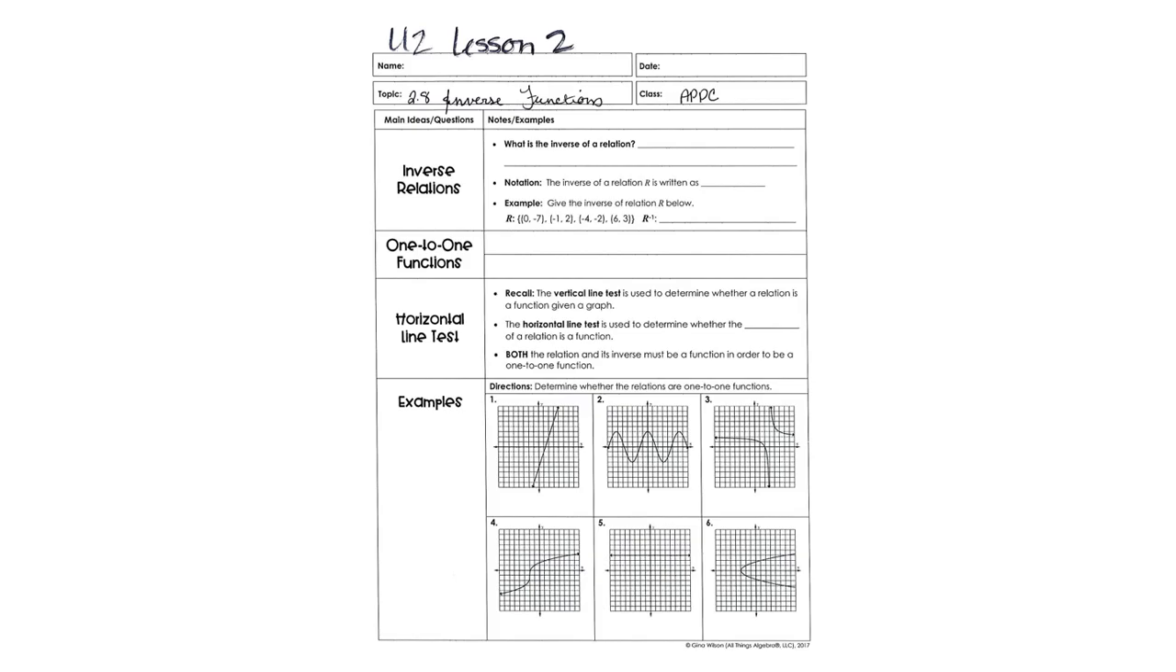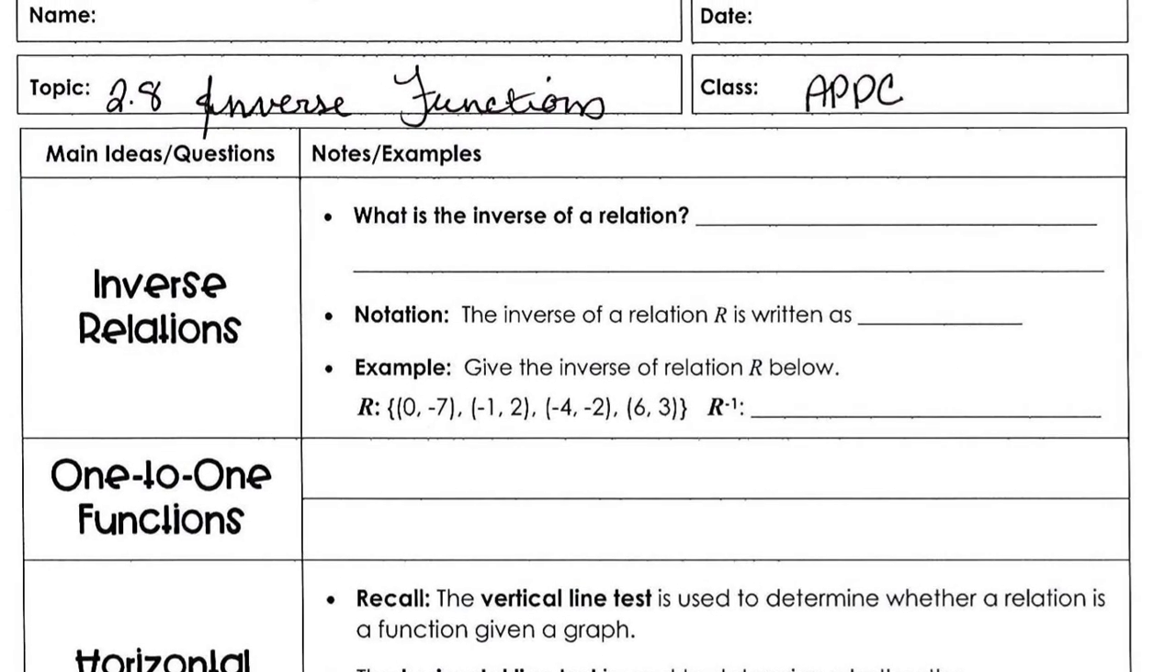So a relation is just a set of information. Sometimes that set of information is just a set of points. Sometimes it's a graph. Sometimes it's an equation. So what is the inverse of a relation? Well, the inverse of a relation is a different relation